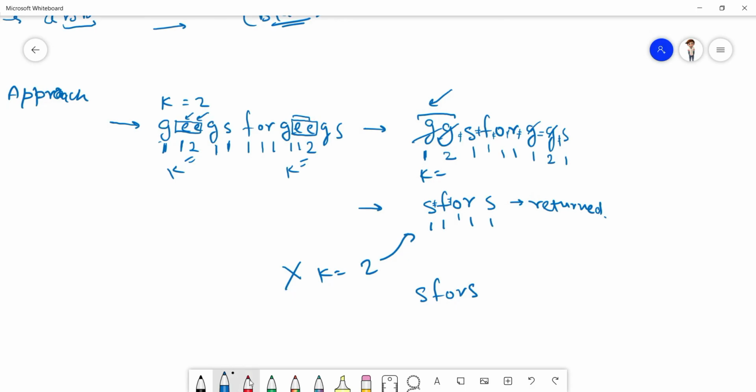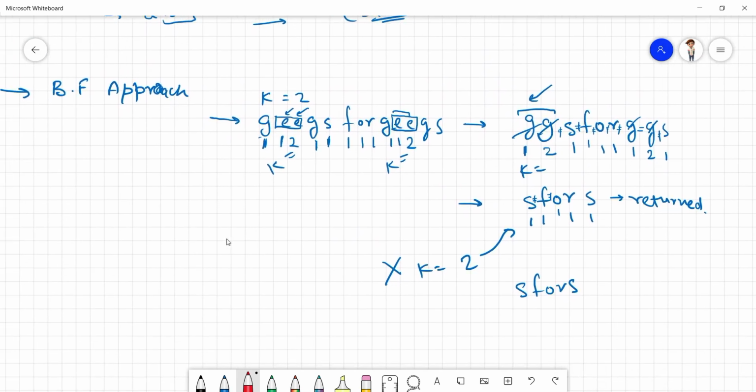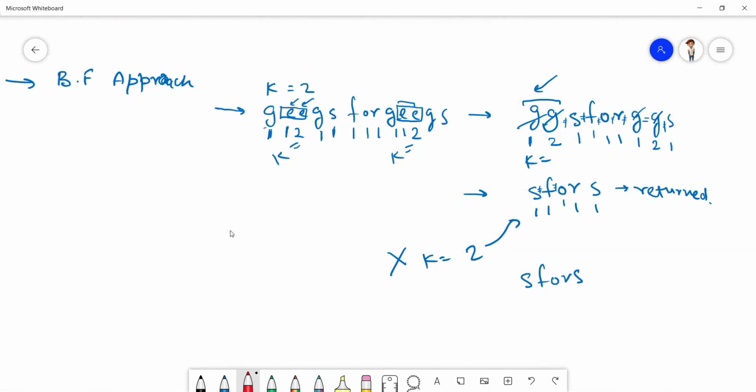I think the approach is clear to you, but let me tell the same approach one more time. What does the brute force approach say? That we should traverse the string at every step and remove all the k consecutive identical elements.